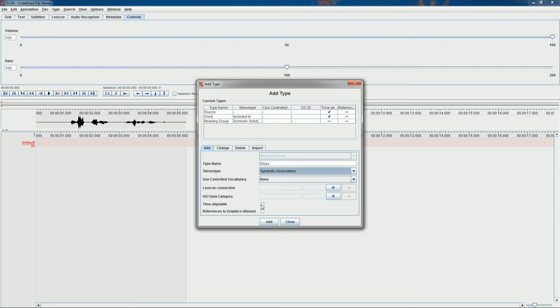Notice time alignable is not on it either. That means it doesn't have access to the audio file. It'll just be part of the chunk. So we'll do add. So we have 4 types, and now that's all we need for my database. So I'll just push close,